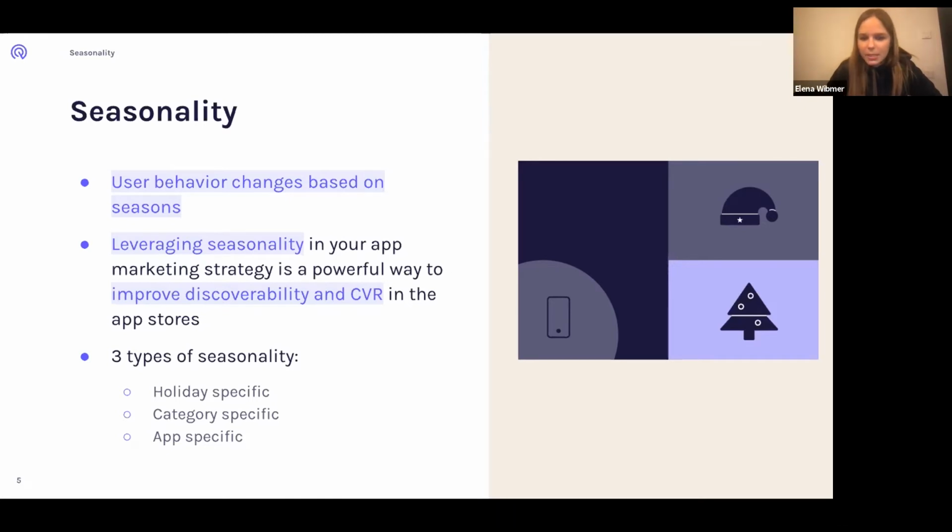And the last one would be the app specific. An easy example here, I think, is the Netflix app or any other streaming app. Let's say on Netflix, there is a new TV show, a new series that they offer within the app as part of the in-app experience. And now they also reflected that app-specific seasonality within their whole store listing. So they have, let's say, that new TV show on the first screenshot. The user is looking for that, and in the end, he will download it. That's also a really cool example here.